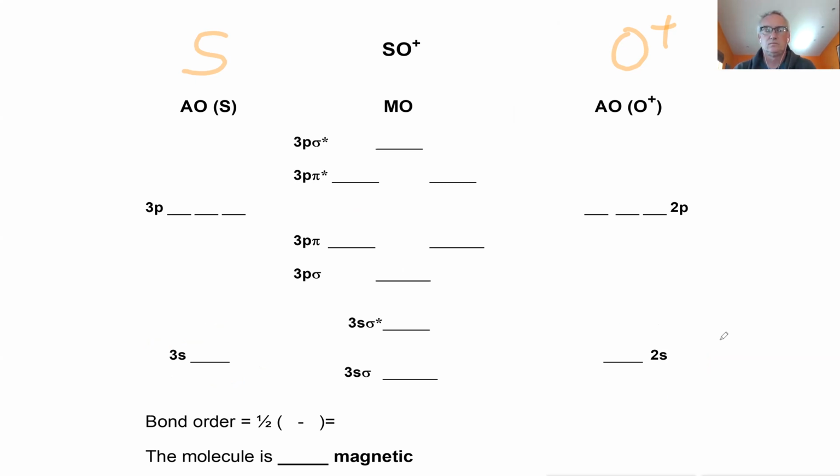The sulfur will have 6, but the oxygen will have 5. Right, sulfur has its full 6 because it is an atom, not an ion. If it's an atom, it's neutrally charged. It has 6 valence electrons. Oxygen's missing 1, so oxygen is a monatomic cation here, which oxygen generally will not be, because oxygen really, really likes electrons. It has lost an electron, so it now has 5.